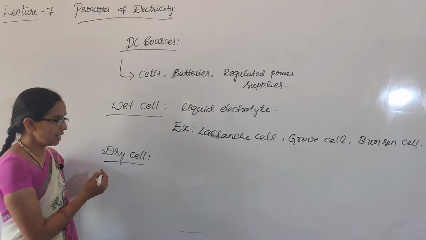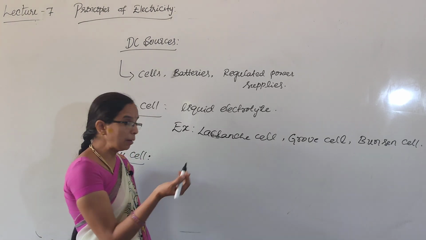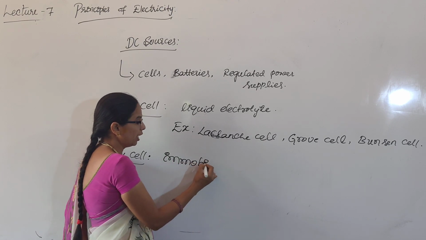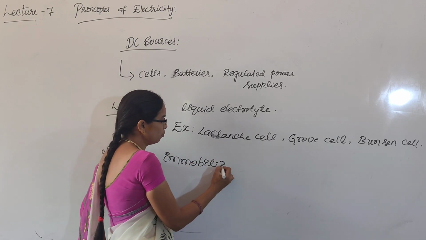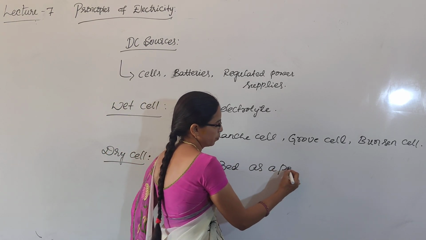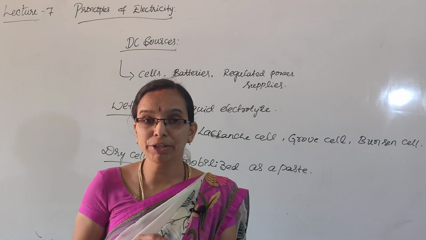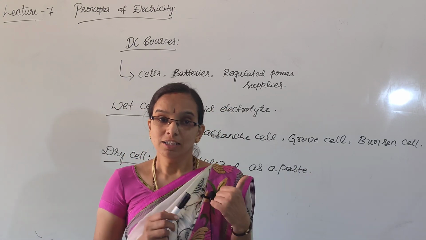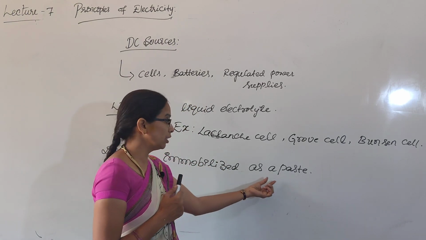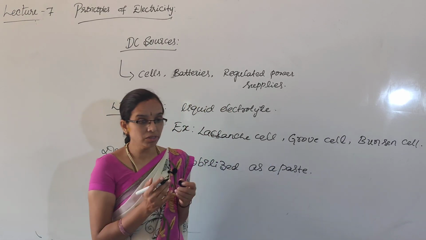Dry cell, in a sense, here the electrolyte will be immobilized. That means it will not have free liquid. Immobilized as a paste. The electrolyte will be in the form of paste, so that it maintains a moisture which is sufficient for